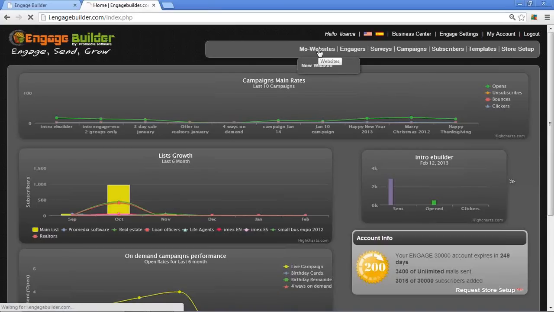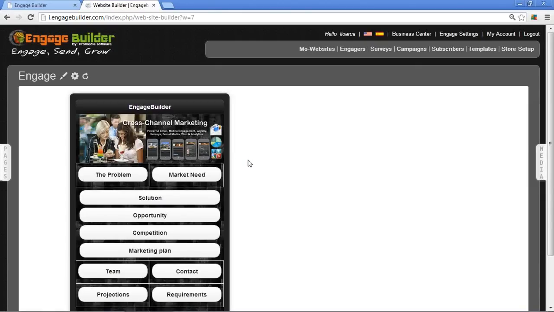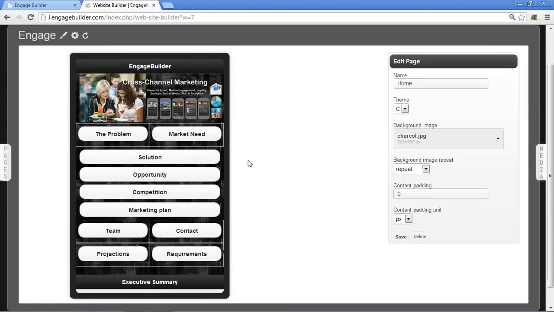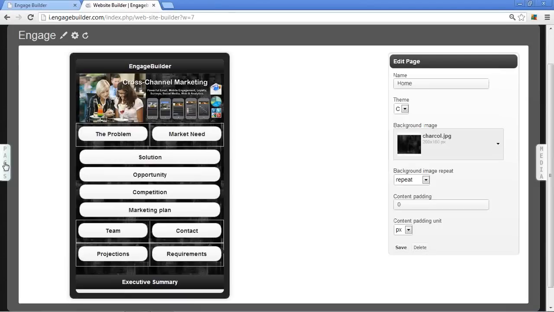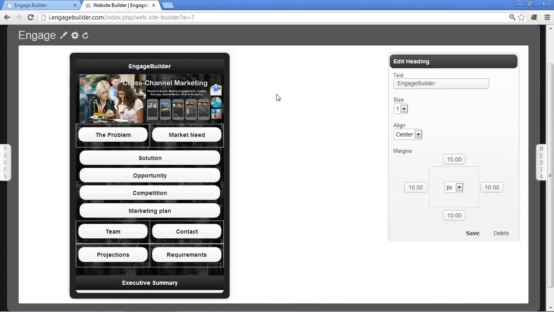The mobile websites. The mobile websites is where you're going to be creating your mobile website. It's really easy to create a mobile website. When you first open, the page will be blank, but on the left hand side we have widgets. So all you need to do is drag a widget over to the page. For example, if I drag a header, then I click on the header, and then you'll notice that you'll get the